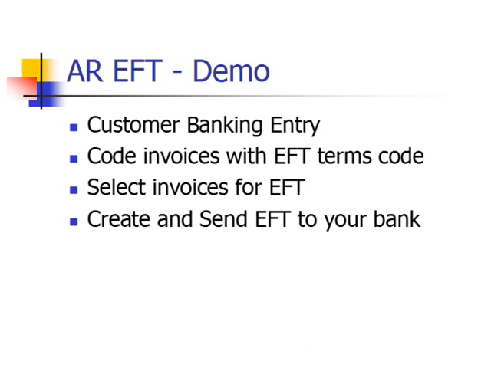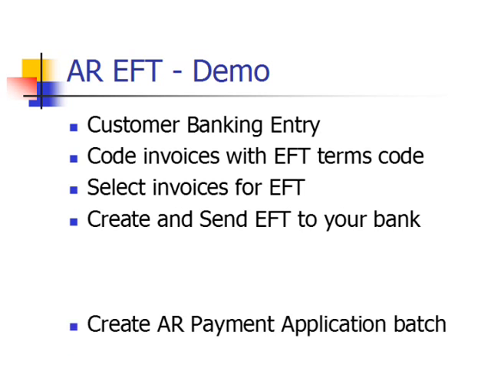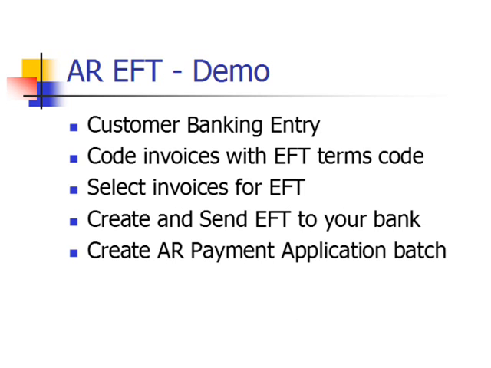Once those invoices have been selected for payment, you would create and send the EFT file to the bank. That process goes out and takes a look at those invoice batches that have EFT coded invoices. They're selected, an audit report is printed, the ACH file is created, and then the communication option is automatically invoked and the file is transferred to your bank. At the end of the process,